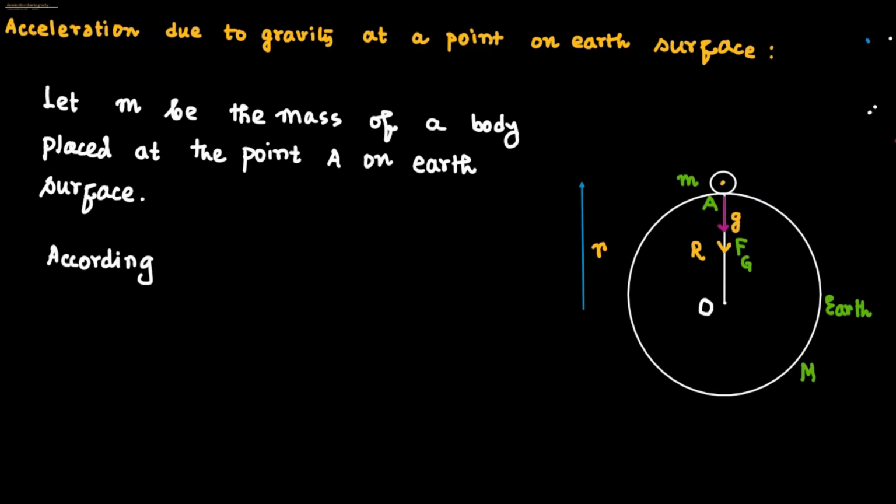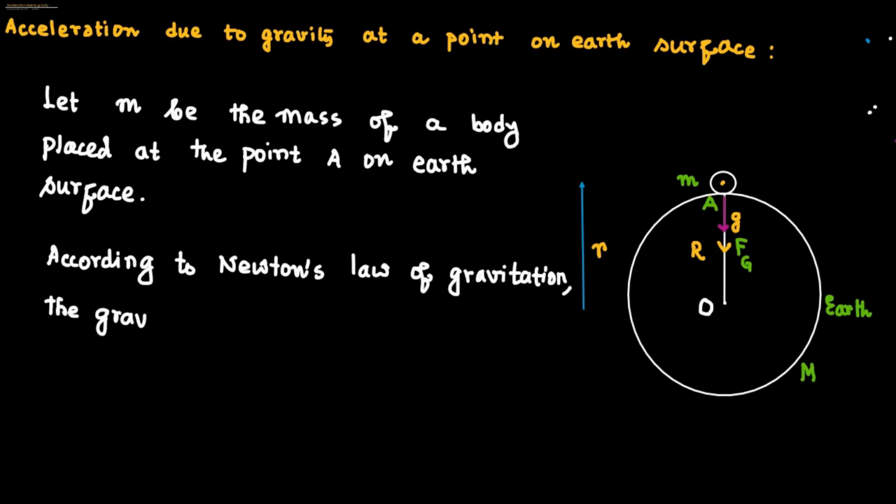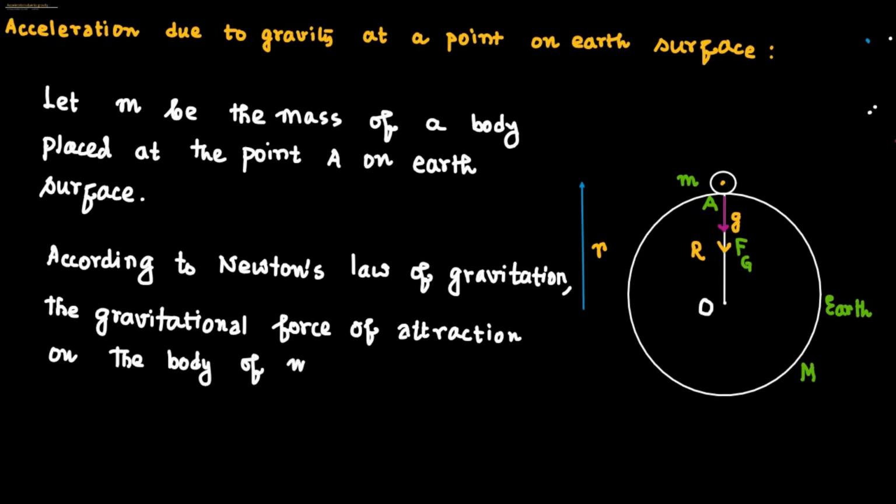According to Newton's law of gravitation, the gravitational force of attraction experienced by the body of mass small m placed at the point A on Earth's surface due to Earth is given by